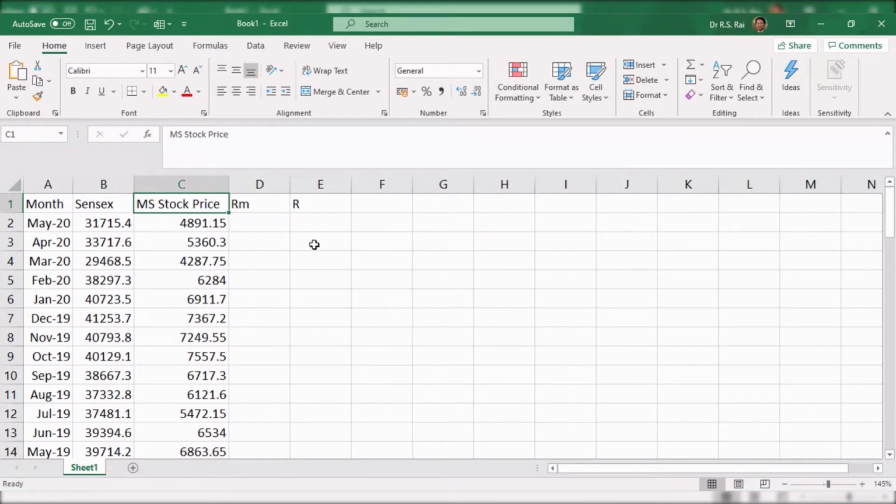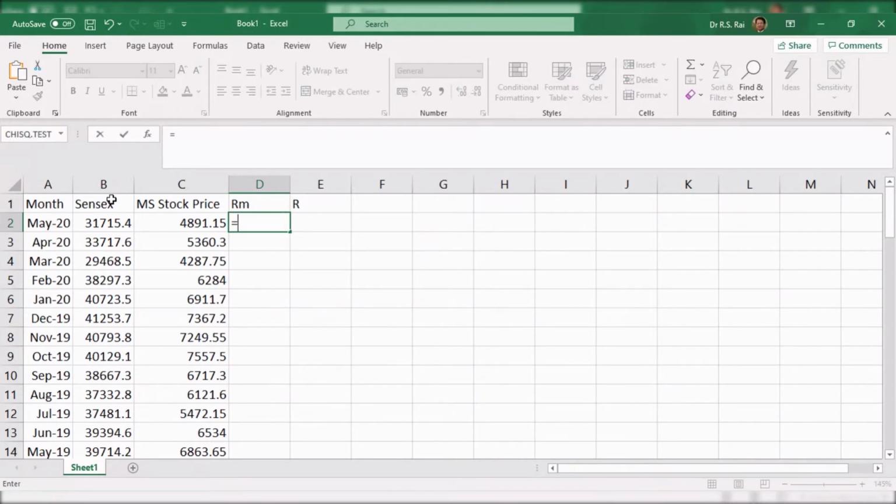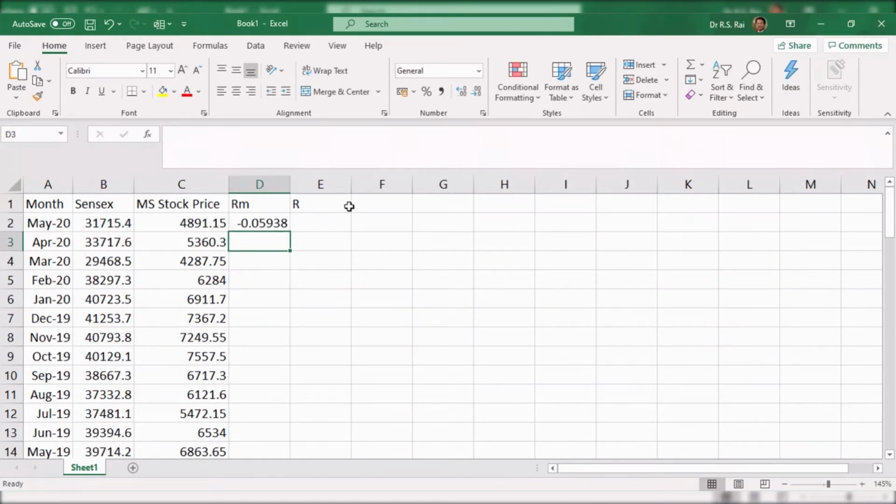To calculate return, we take the current month price upon the previous month price, minus 1. It would give you the return here, and we will convert it into percentage by clicking this, and we'll take it up to 2 decimal places.